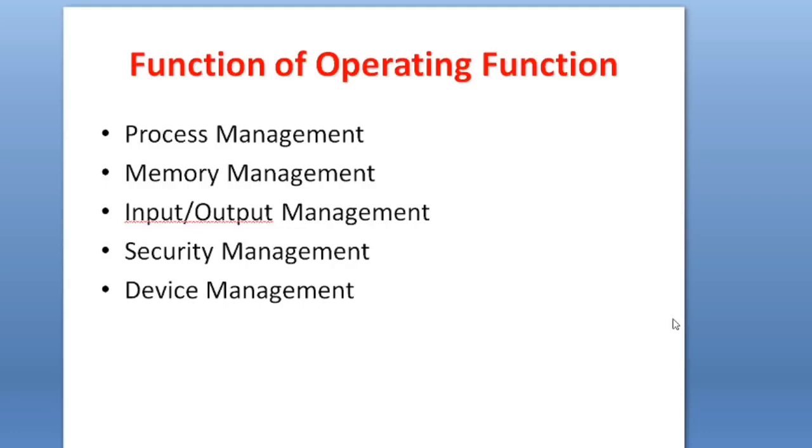That means whenever you take the input or give the output, suppose you are working with Word, Excel, or anything, and you are giving input, and at the same time you want to take a printout, or listen to music or video, then that will be the output device. That means your music is sounding in the speaker, your printout is taken out from the printer. So that type of input output management is looked after by the operating system.